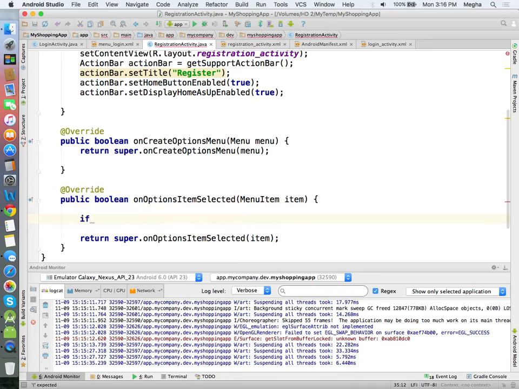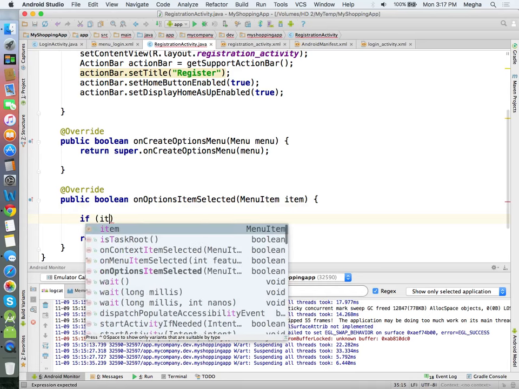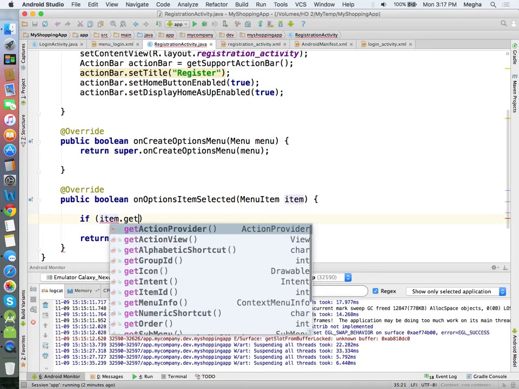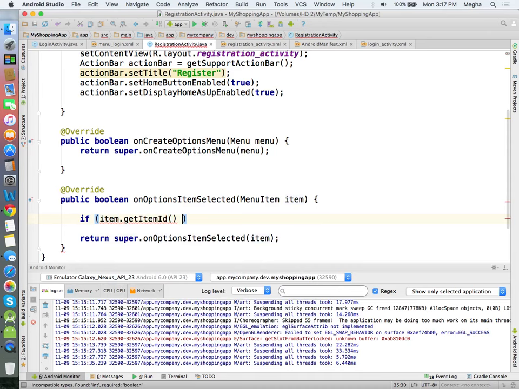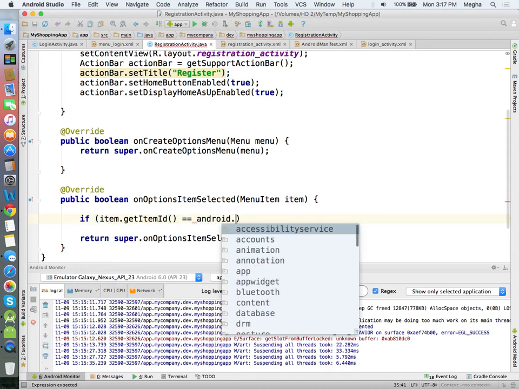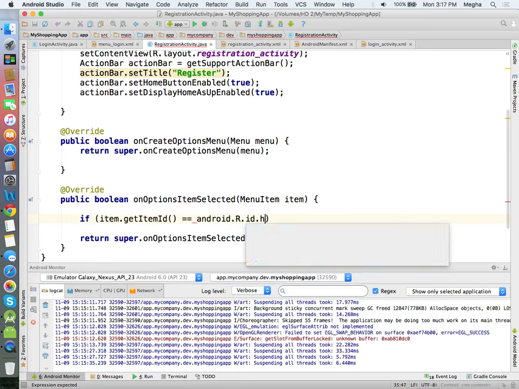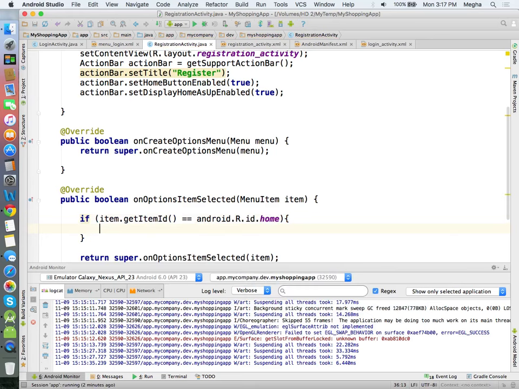If getItemId equals android.R.id.home. Remember, this is a global constant. This time I'm accessing the home button ID because I don't know what the ID of the home button is.